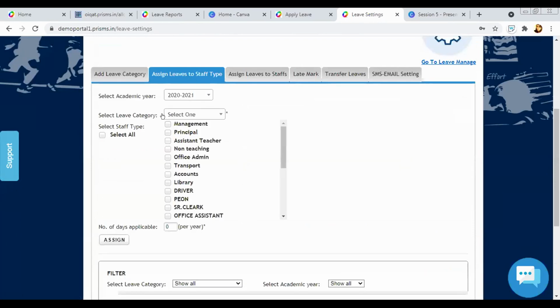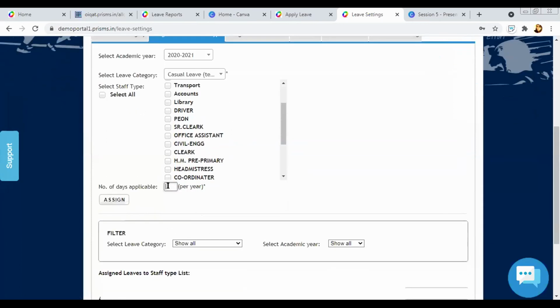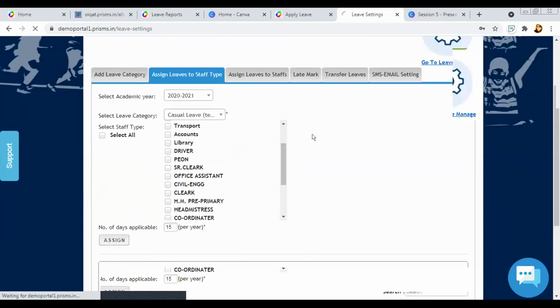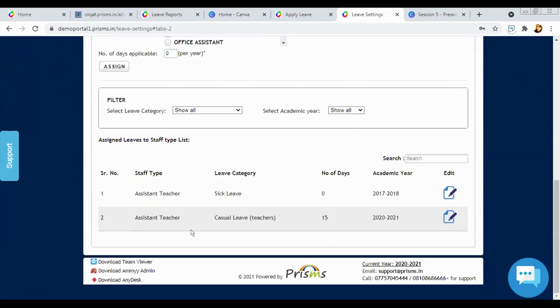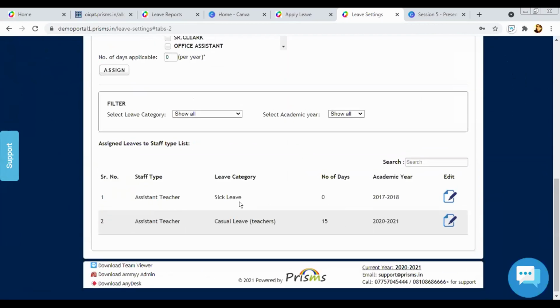And over here, the second part is assigning leaves to staff type. Now we have created a category called casual leave for teachers. So I can assign that only to the teaching staff, the assistant teachers. And number of days applicable, again, I'll keep 15 per year. So I've assigned those casual leaves.